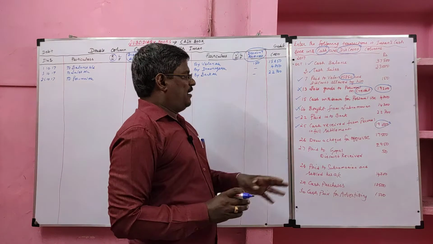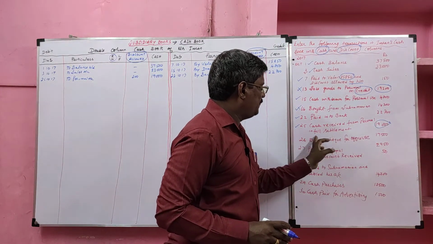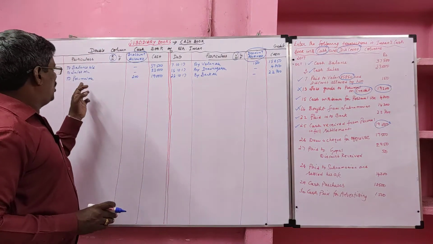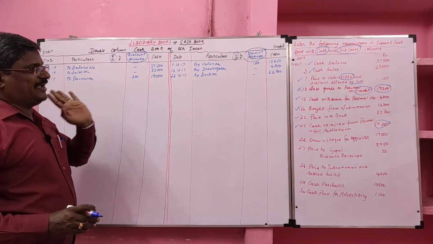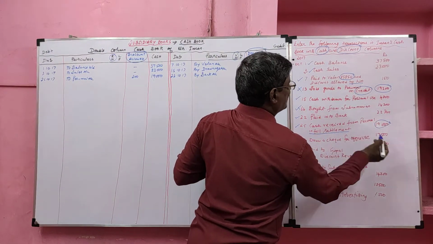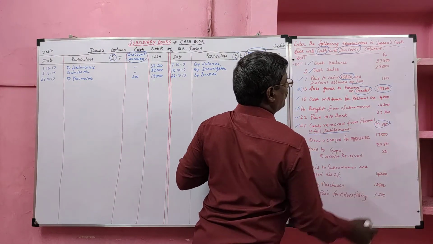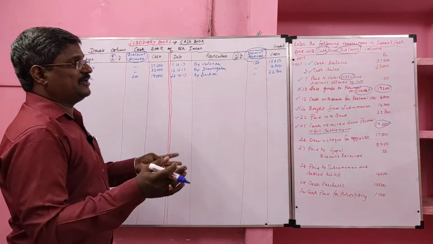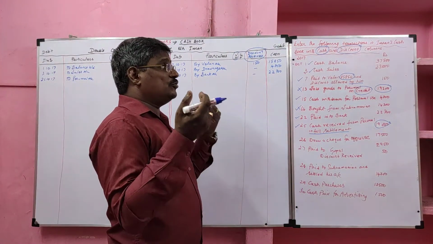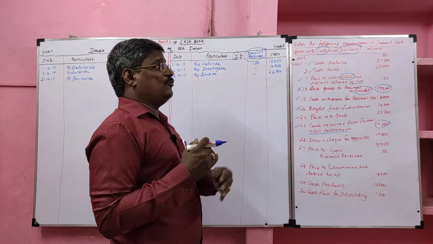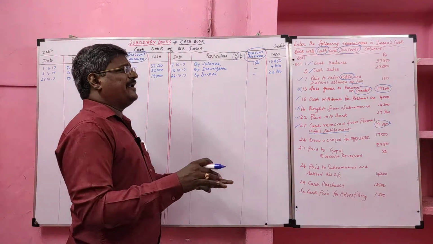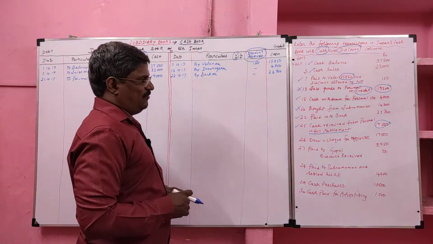Once again, cash received from Perumal in full settlement of his account of 19,000. So we received cash from Perumal, and it is to be recorded in the cash column. Here the words full settlement are given, so we have to consider the earlier transaction. Already we sold to Perumal 19,200, so he is supposed to owe us 19,200, but he paid 19,000. The remaining 200 is discount allowed.